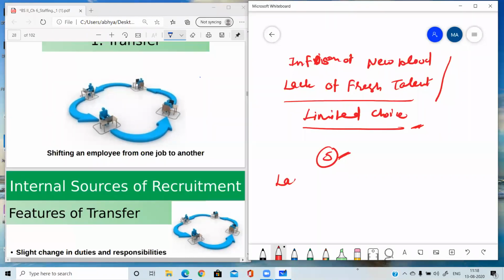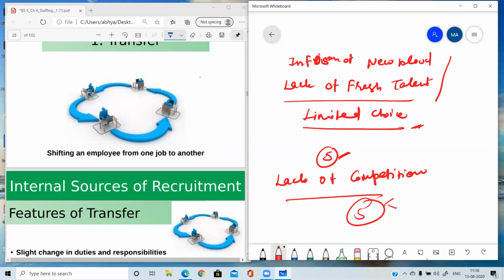As well as one more point you can write, that is the lack of competition. If you know that you are 5 there and promotions will be done on the seniority basis only or on the basis of favoritism, then there will be no competition among the existing employees. They will be working very heartlessly and they will not be doing any effort, no innovations, no new ideas, no techniques, because they know very well that they will be promoted because there is no competition. So there will be no competition spirit among the employees.